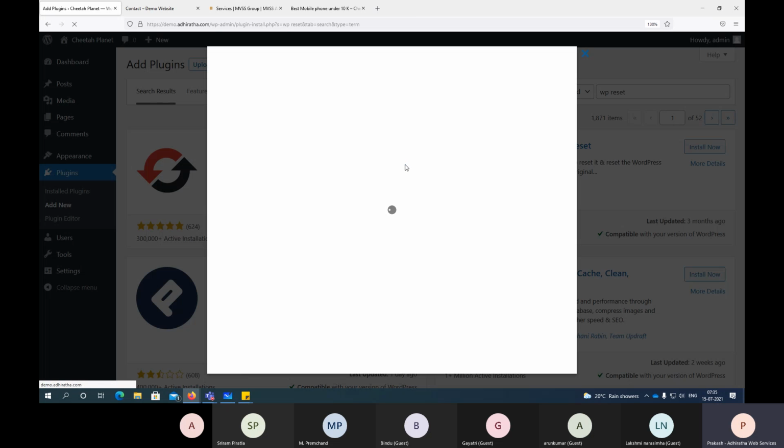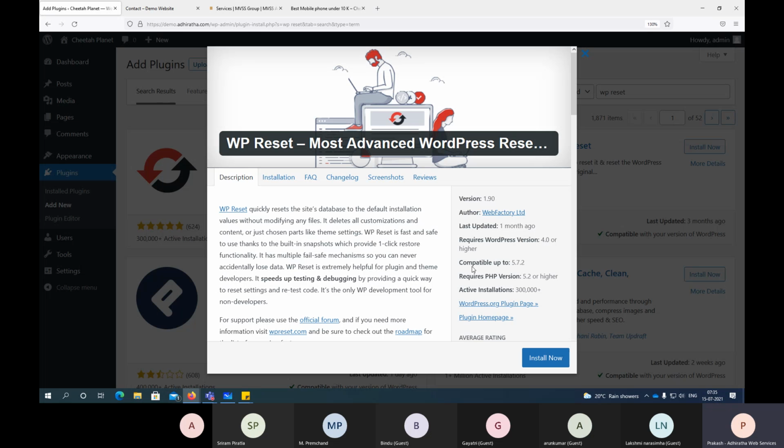Okay, so like this, we have to check when you're using any theme or any plugin, because sometimes what happens is that the plugin may be outdated, and you are using the latest WordPress installation, right? That time it will tell you whether it is compatible or not. If it is not compatible, it will cause problems, right? Your website loading and all will become an issue. That's why you always have to look into that.